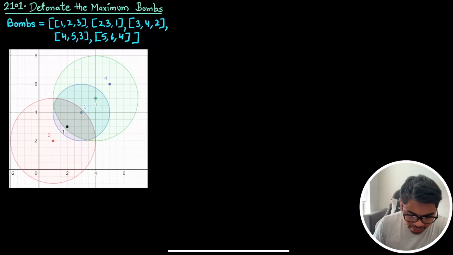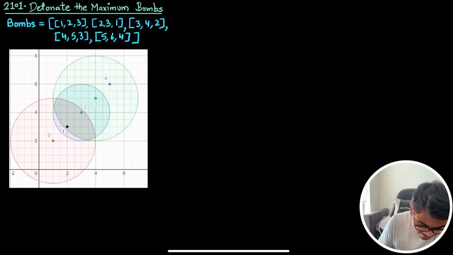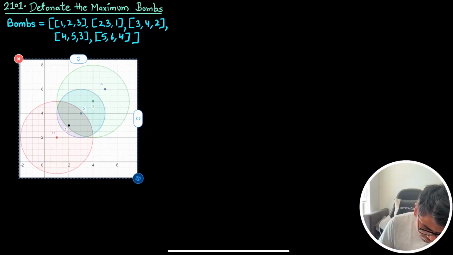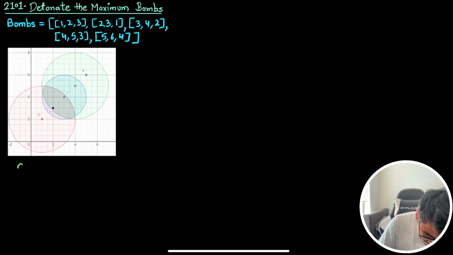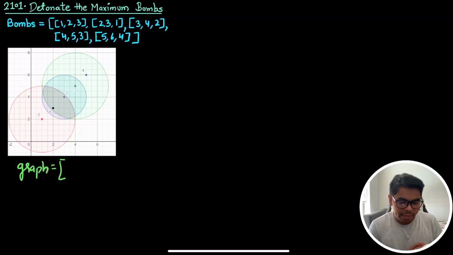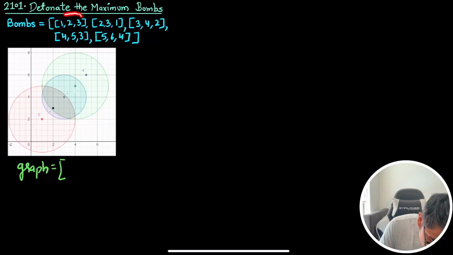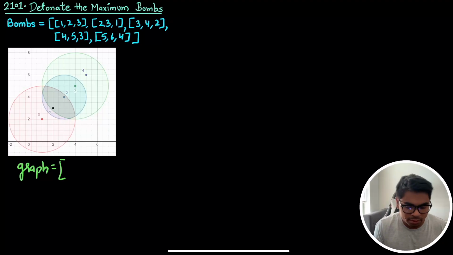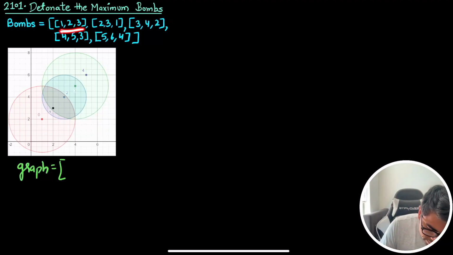So here we will create this adjacency graph. I'm gonna call it graph, and I'm just gonna use the green color here, and I will actually do its size. So graph here will be a directed graph, and we are going to create this graph by traversing all these values, and you'll see how you connect these, because at the end of the day, for calculating what are the other nodes in the range of the first bomb or node, whatever you want to call it, we will calculate its distance to other